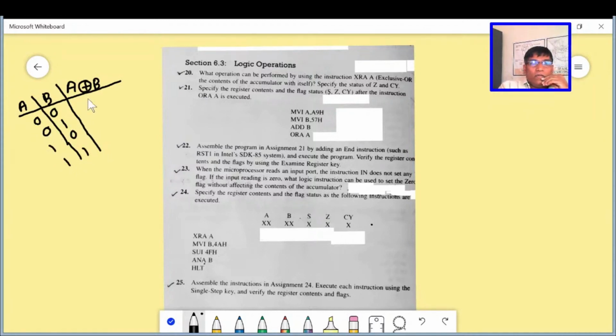It will be 0 for 00, and for 11 also it will be 0. When exclusive choice is there, it will be 1 for 01 and 10. This is the first thing, the exclusive OR operation.